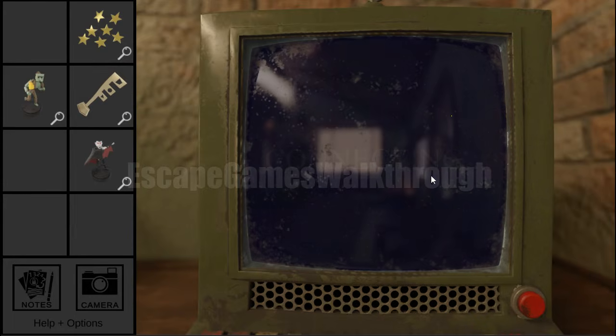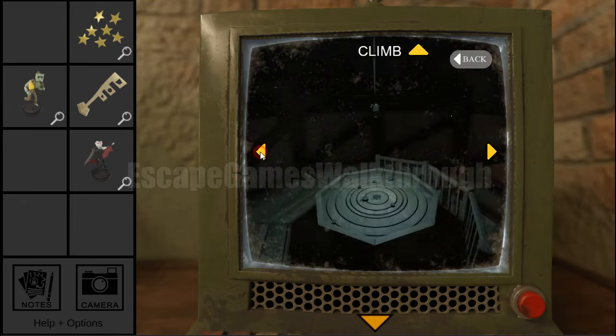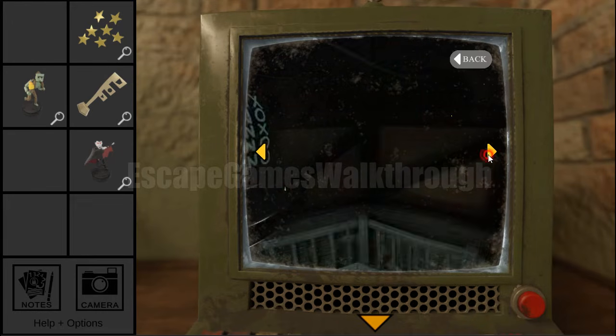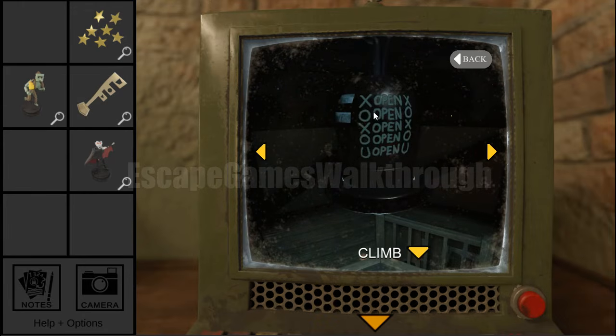Another hint, we need to use the climbing robot here, and this monkey, and it is already hanging somewhere. So if we look around, you can see nothing here. Let's climb up the rope, look around, but there are no hints, and there's one more hint: X open, O open, X open, O open, and then U open. The same symbols